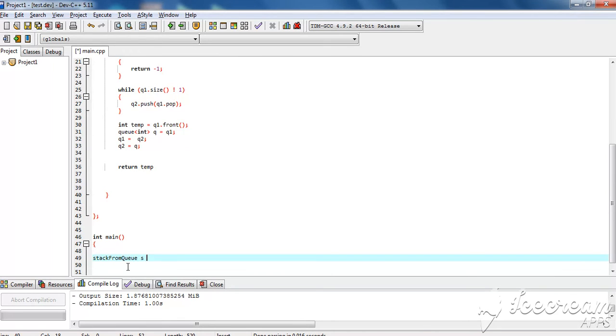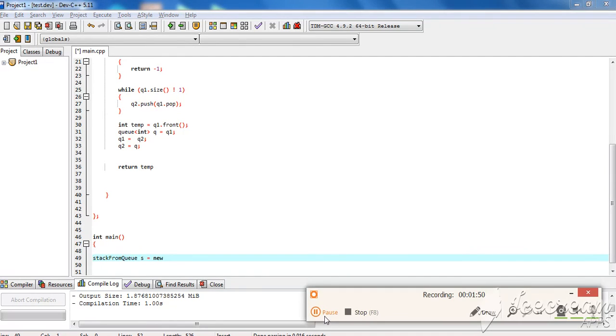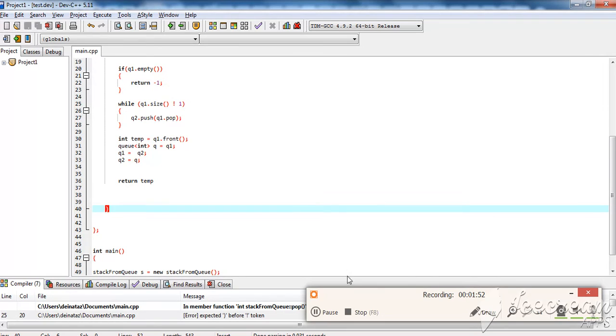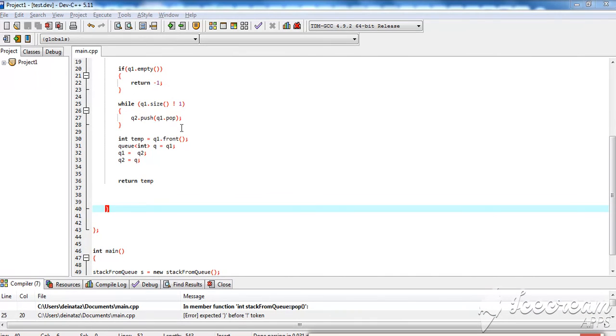This is my own stack, which is equal to new. Do I need to create a new object, or I can do it without as well? Let's do it. Wait. So let's compile the program, execute,